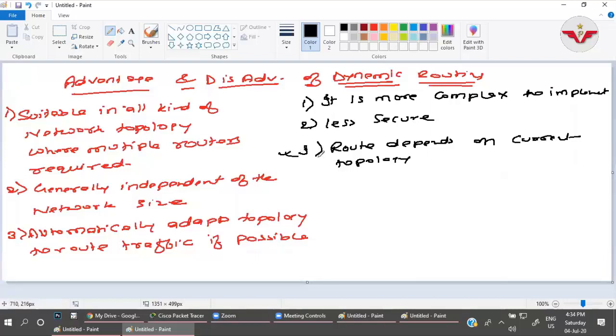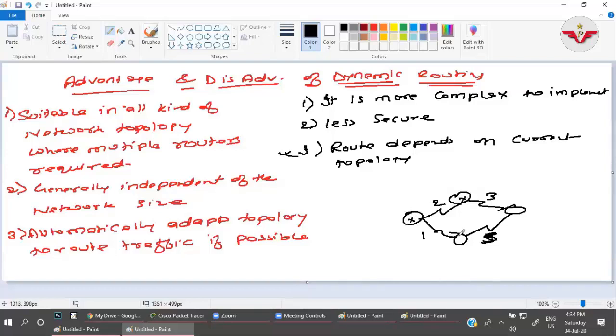As for me, this is not a disadvantage, this is an advantage. But still, right now, suppose I have nodes 1, 2, 3, 4, and the costing is like 1, 2, 3, 4, or say here 5.